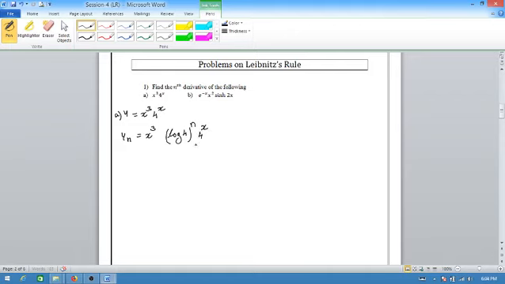So this is the first term, plus nC1, which is n, into the first derivative of x cube, which is 3x square, then in place of n you write n minus 1, so (log 4) raised to n minus 1 into 4 raised to x, plus